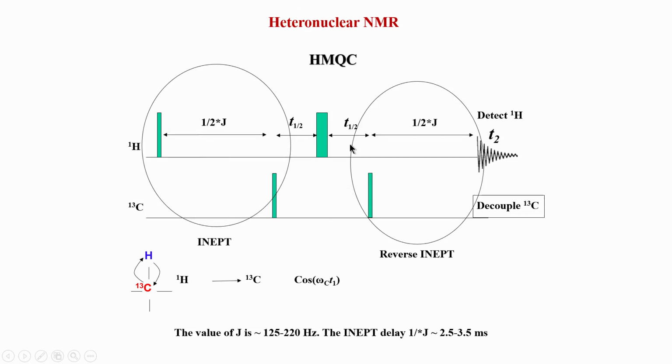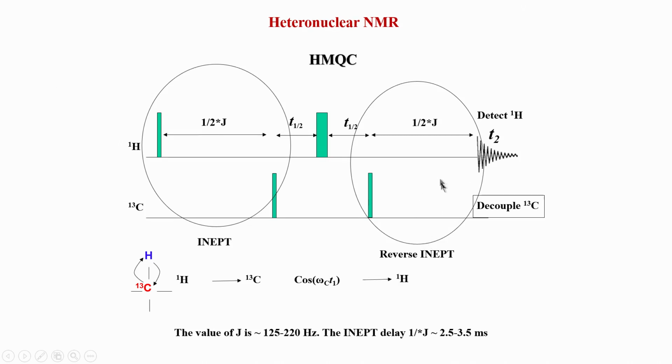Once that happens, the carbon chemical shift evolves during this period, and that is what is similar to HSQC. We have a T1 evolution and there is a 180 right at the center, and that 180 is because we want to decouple the proton from carbon. So, then during that period here the carbon chemical shift evolves according to this, and that is cosine omega c into T1. Once the evolution period is over, we have to transfer it back to proton for detection. So, that is called inverse detection. So, now the transfer back to proton takes place through again an INEPT element, which is called reverse INEPT.